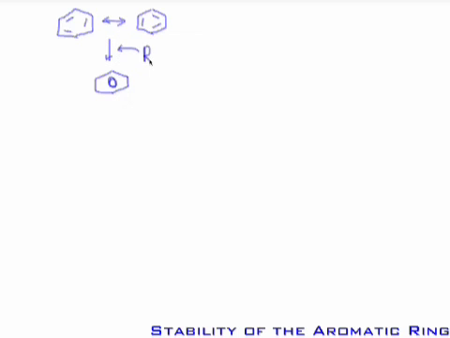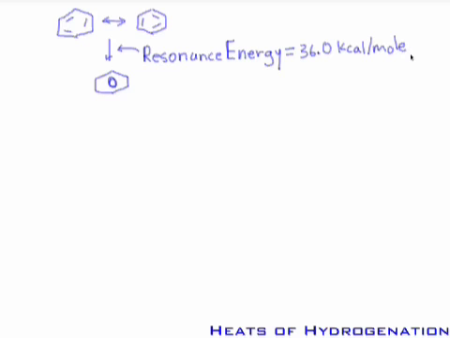That is the energy by which the resonance hybrid is more stable than any individual resonance structure. In this case, the resonance energy is observed to be 36.0 kilocalories per mole. Now, how is that energy determined? If the resonance hybrid exists and the individual resonance structure, cyclohexatriene, does not exist, how can you actually calculate an energy? Well,